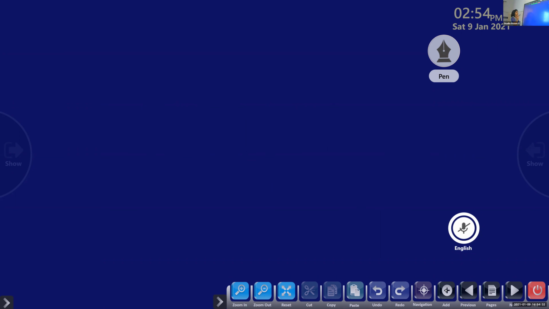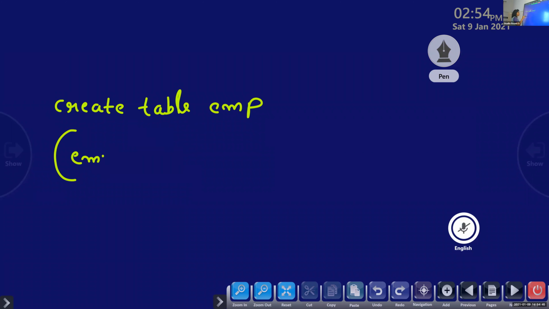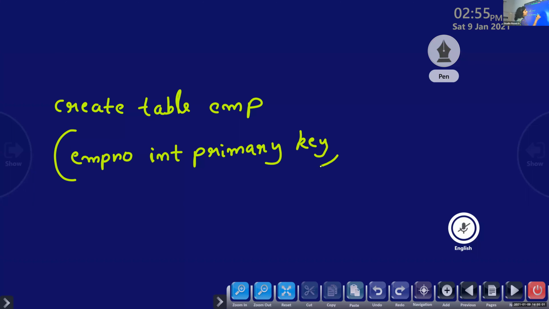while creating the table, employee, create table EMP, empno, int, primary key constraint. Is that clear?